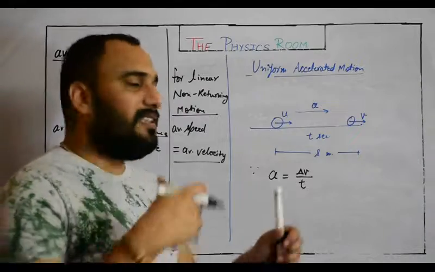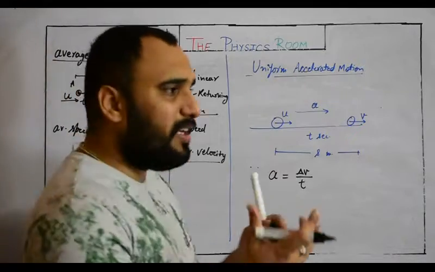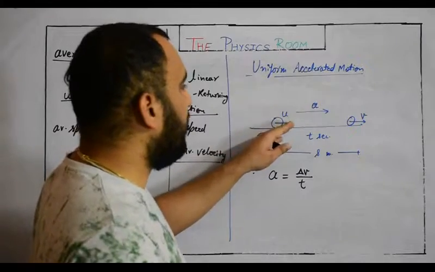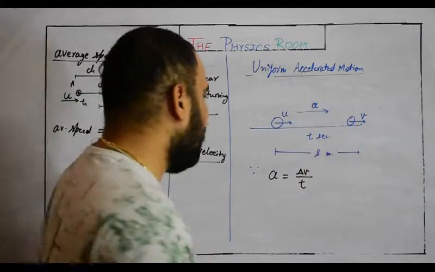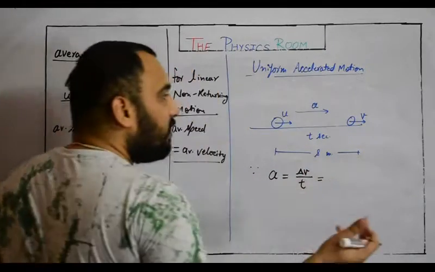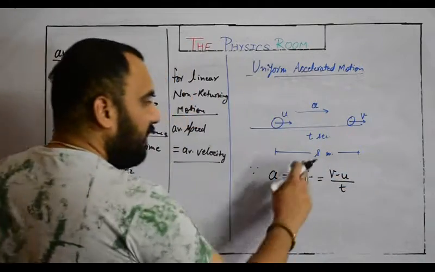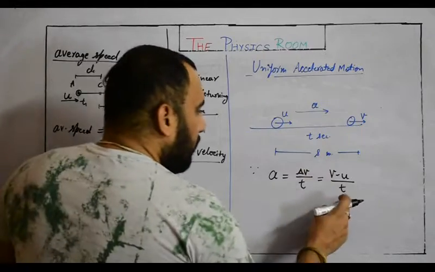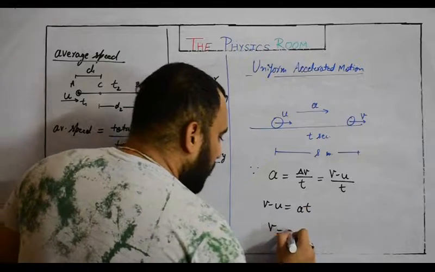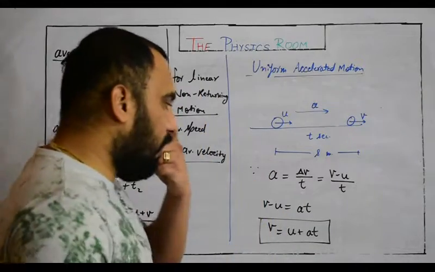For the theory, what we have assumed and everything, it is also written in your books, but right now we are not focusing on the theoretical approach. I have already said that we are assuming a body is traveling with initial velocity u and final velocity v. So we know it very well: acceleration is change in velocity with respect to time, and change in velocity is final velocity minus initial velocity. So a equals v minus u upon t. Delta v can be written as v minus u. Cross multiplying, you will get v minus u equals a into t, or v equals u plus at, which is the first equation of motion.